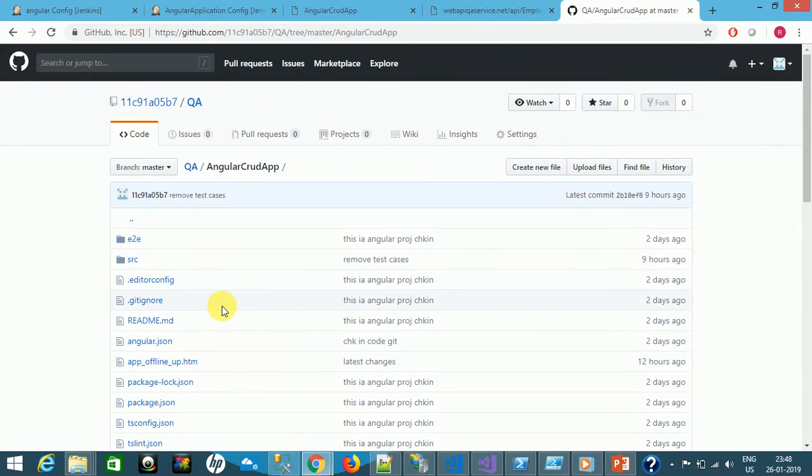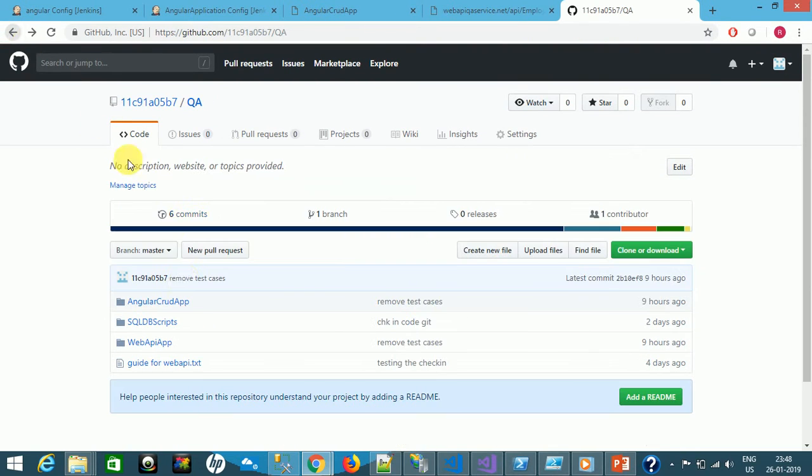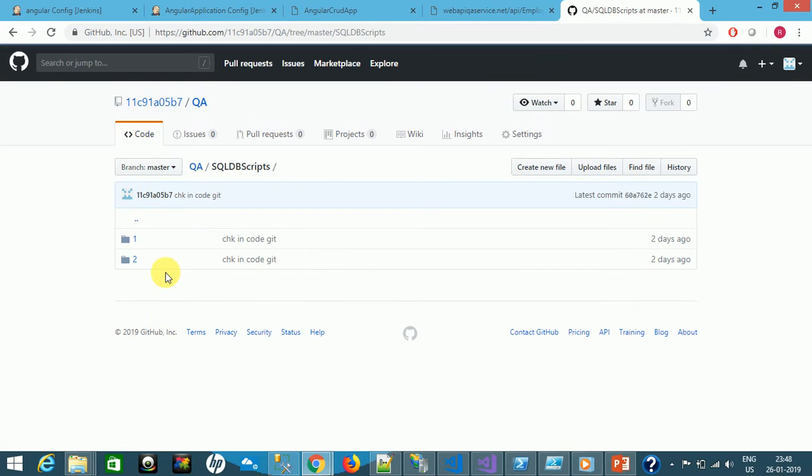So I copied this small example from Google, from cloudplex.com. So this is my Angular project. This is my SQL scripts. So in SQL scripts,